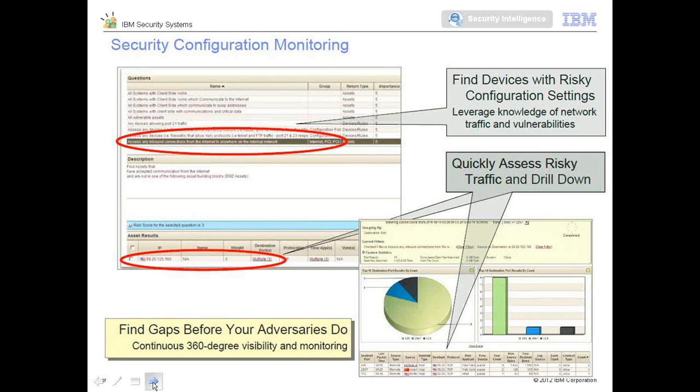So we are leveraging knowledge of our network traffic and vulnerabilities. Because our QFlow engine is continuously on, we are able to see whether there are any ports open, whether any services are running on the machine. And if we are told that this service was not supposed to be running, for example, if Telnet port 22 was not supposed to be open on say an IP A.B.C.D, then I suddenly raise an offense. I say, look, my flow detector has seen that this particular port is open on this particular IP, which should not be the case. So please take a look into it, right?